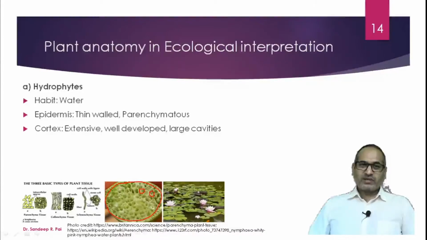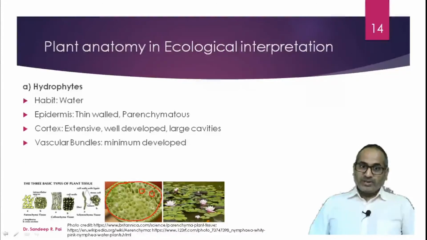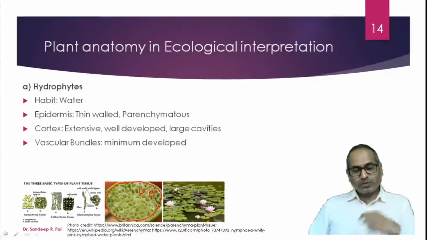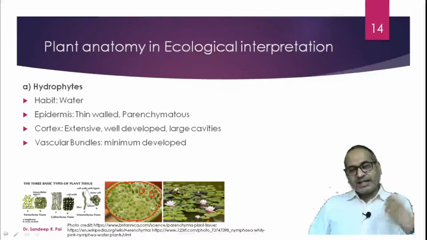It has a poorly developed root system as well, like we have discussed in earlier cases. They have minimally developed vascular bundles. You will see in the section that it is not very clear to see the vascular bundles, but the major part is covered with air chambers. Vascular bundles are normally important to conduct water from roots to the required parts. But here, since the plant is inside water, the requirement is not that much. So water is available readily throughout all the parts.